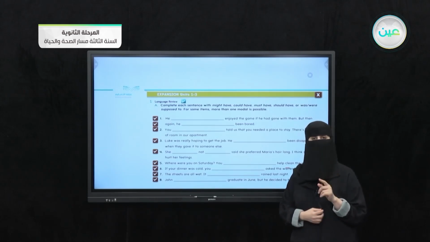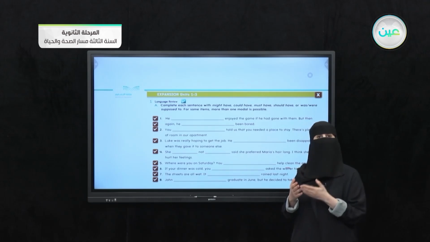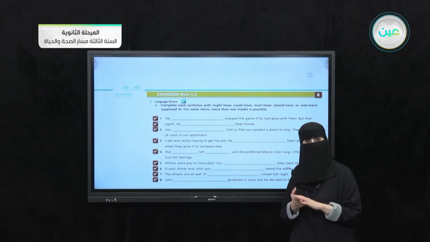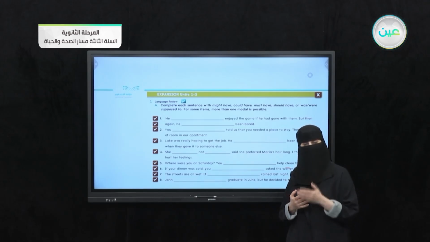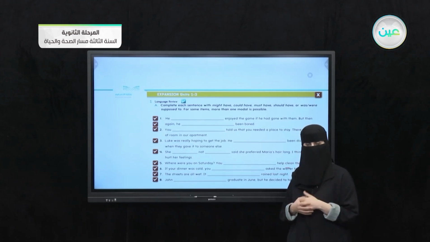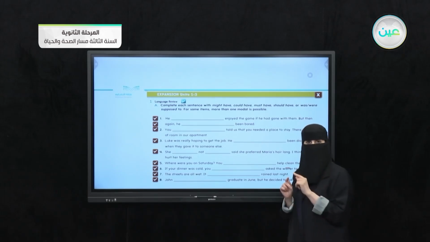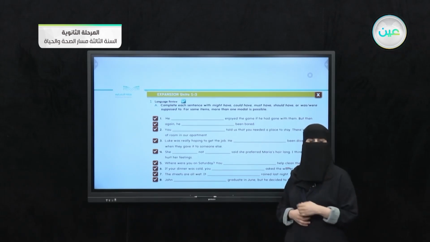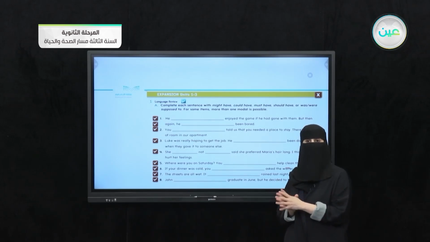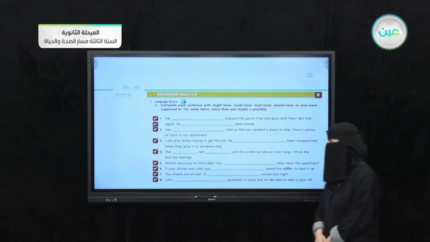But I wanted to notice you that the past modals are absolutely different from the passive modals, and we can use the passive modals to give an opinion about a situation that happened in the past. And the structure of it is also absolutely different from the previous one. So what is the structure of passive modals? We put the subject, then the modal, after that have been and past participle. Okay, so let's begin our question and see what we have.